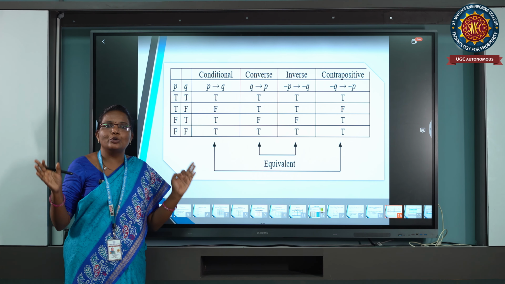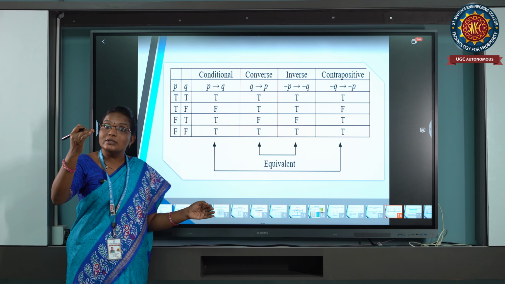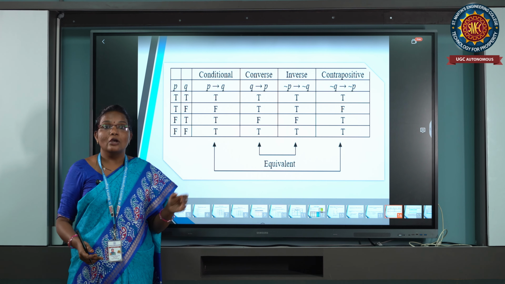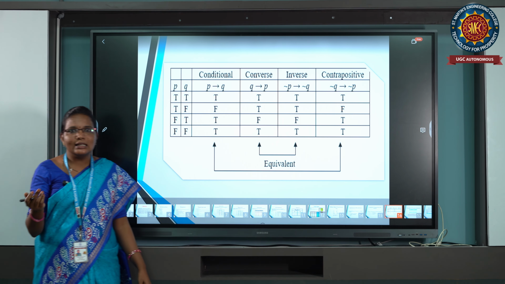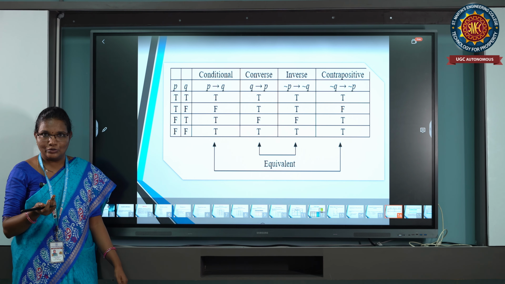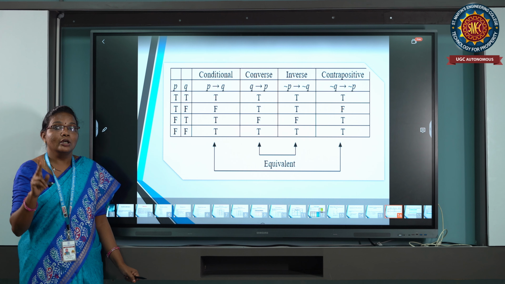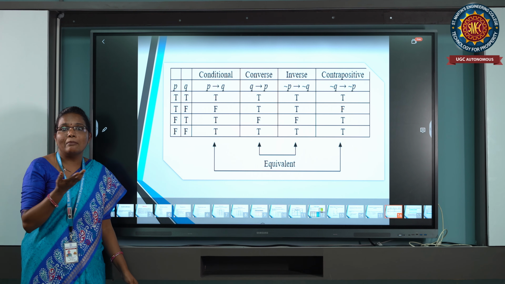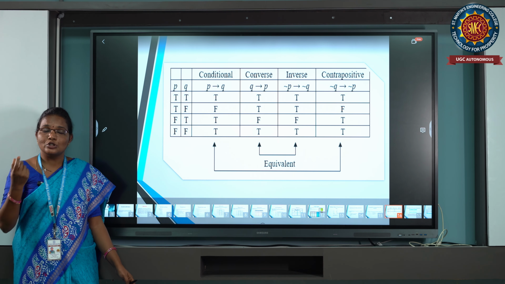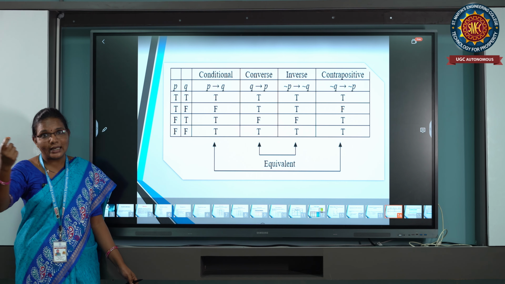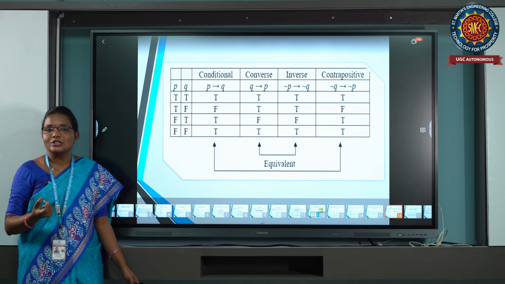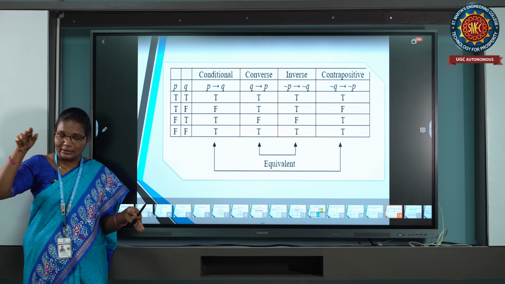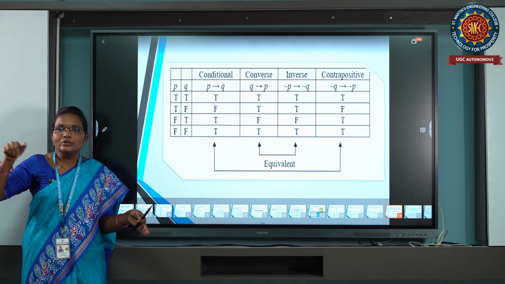So finally, these are the truth tables we have discussed using the connectives. In order to combine any statements, without the connectives we cannot combine the statements. For a single statement, there is no need for connectives. If we have two statements, in order to combine them we go for the connectives. Using connectives to combine two statements, the final result we call a compound statement. In the compound statement we are using the connectives.